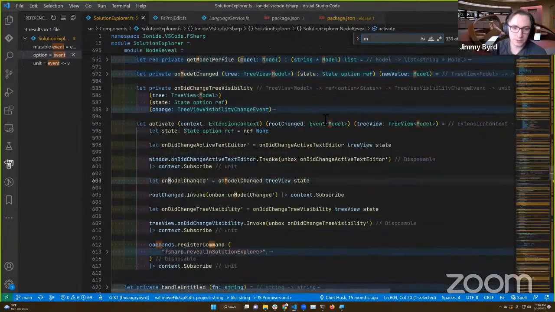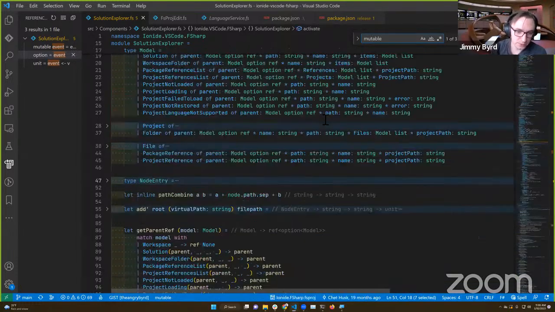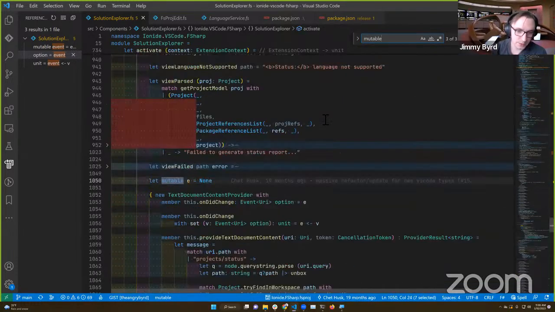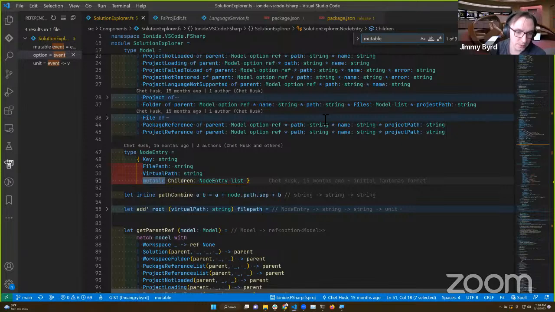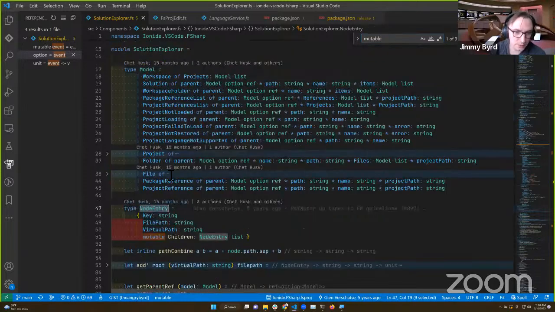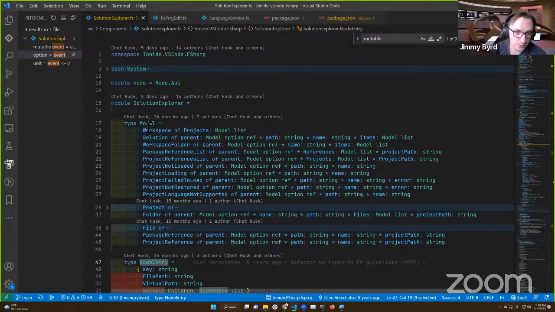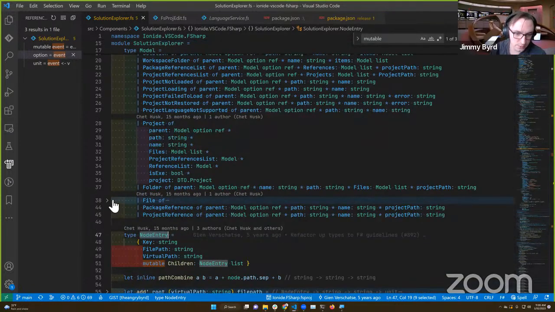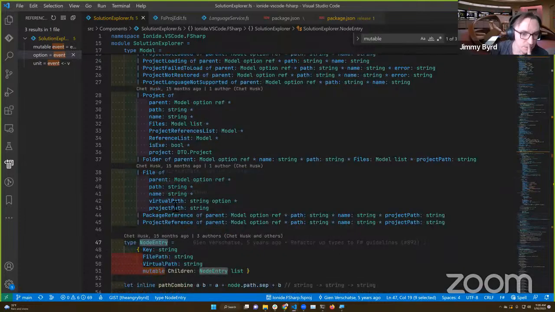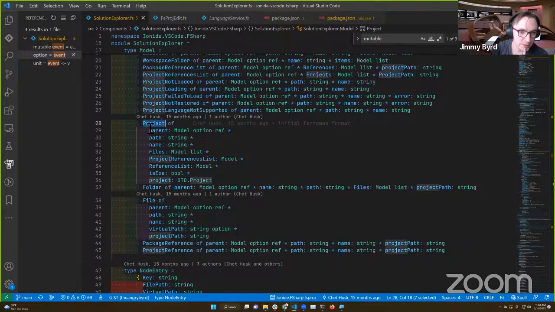Let's take a look and see if there's actually any mutables that is going to make sense. So we have the node entries. I don't think this is what we want to look for. Is it maybe just the model itself? We have a set of things that we probably want to find.